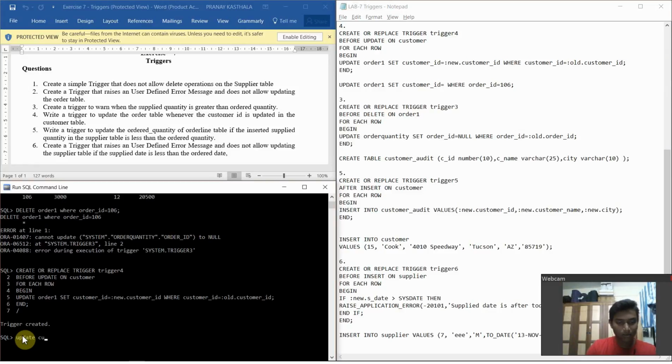Update customer, set customer ID equal to 5, where customer name,